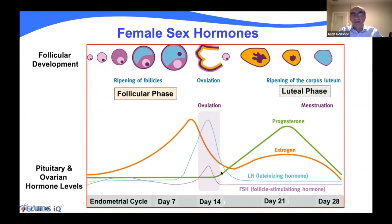And then you get a couple of days of ovulation, leading to the last part of the phase, which is known as the luteal phase. And that is the time when you're getting the ripening of the corpus luteum, which is where the egg is going to sit if it's fertilized and begin to form. Of estrogen, we know, and we're testing for estradiol or